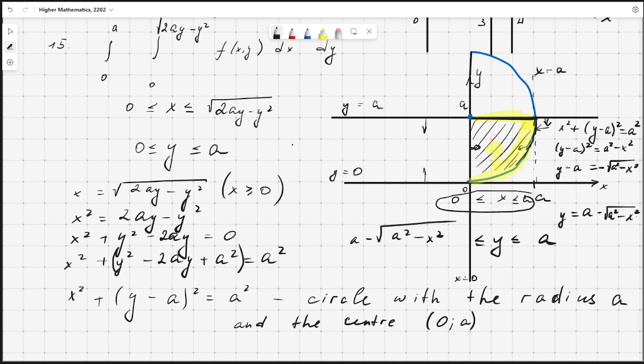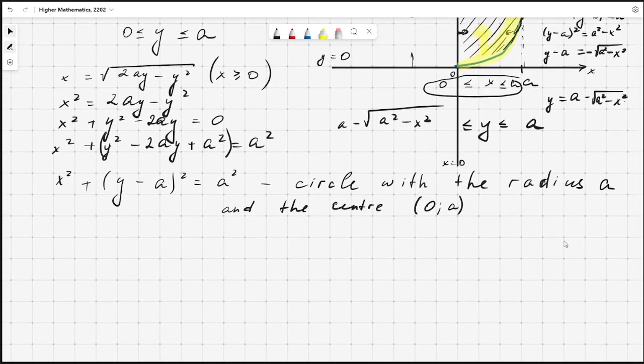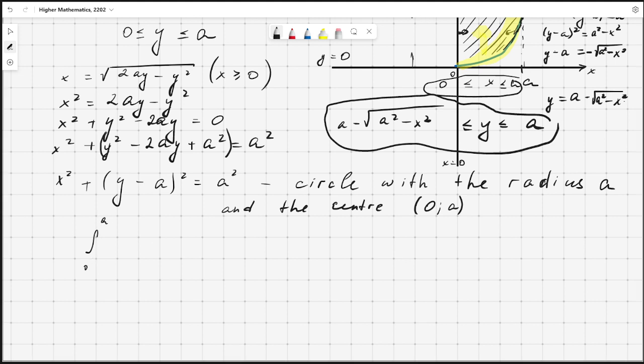And our first integral, this changing of y, integral from 0 to a, integral from 0 to square root of 2ay minus y squared, f of x, y, dx, dy,